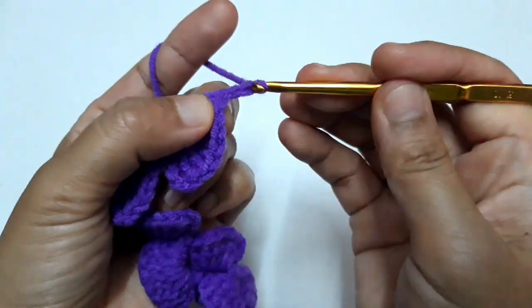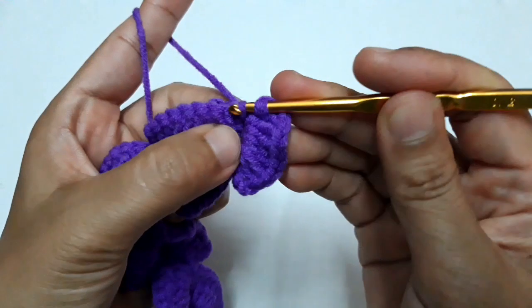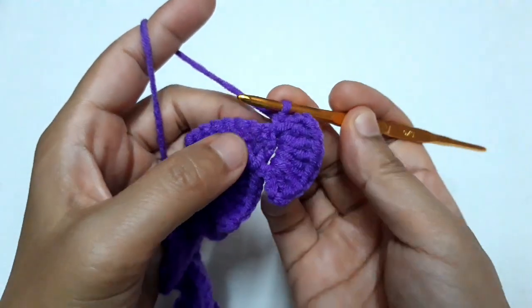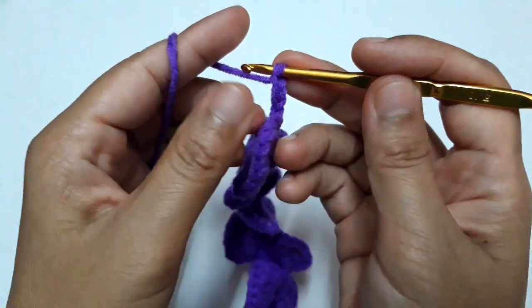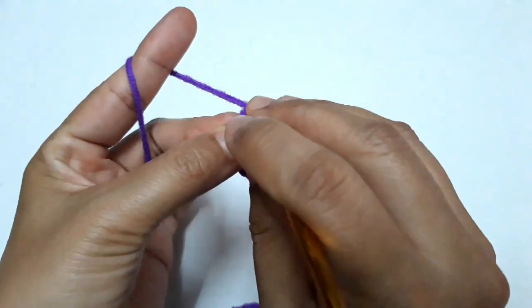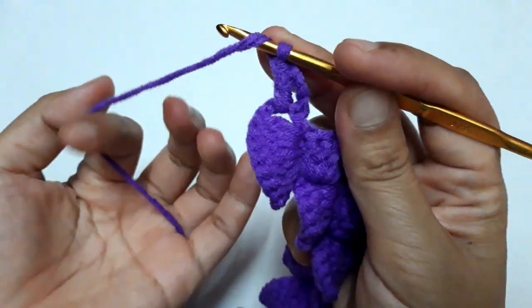Chain of 3 and 1 single crochet in the same space, and the last one, chain of 4, then turn the work, and 7 last normal double crochet in this chain space,